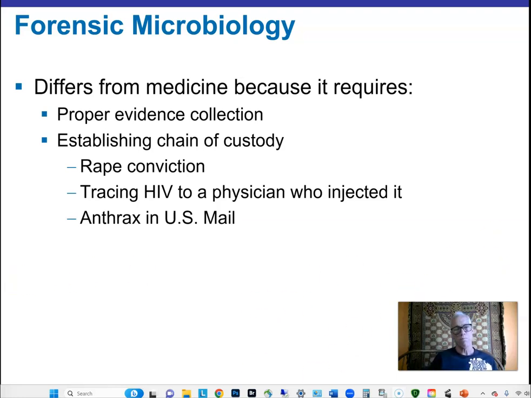Anthrax. I hope you've heard of some cases in which a person that worked in a particular laboratory that worked with anthrax, which is a type of bacteria that can cause lethal disease in humans, grew up a bunch of anthrax and caused it to produce some spores, which then were delivered to U.S. congresspersons in the mail in order to create a shock. And it did create a shock. Some people were killed,